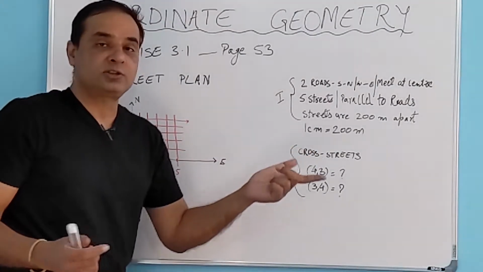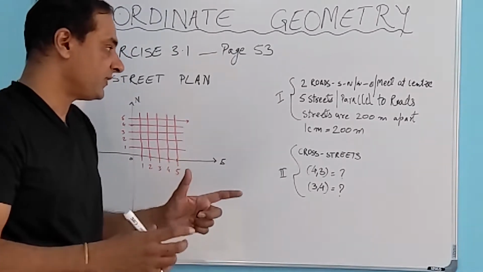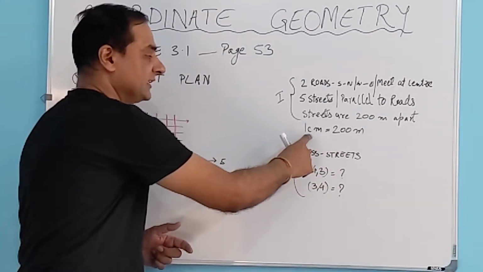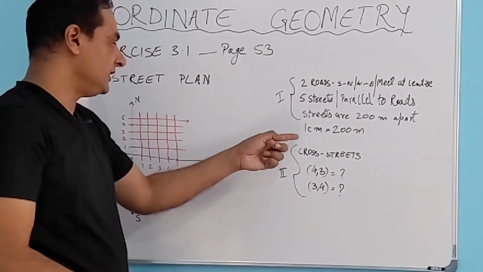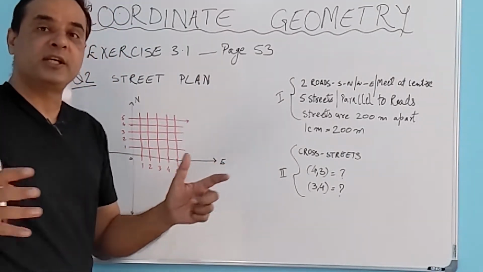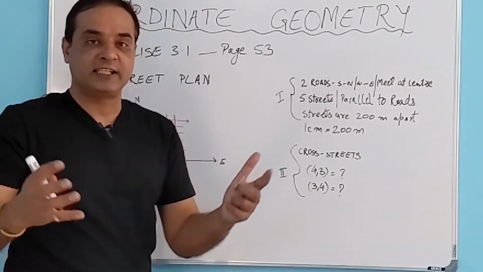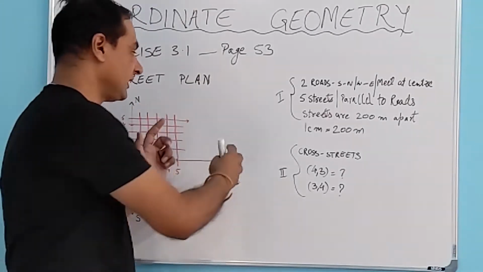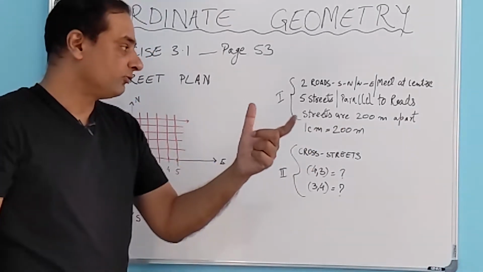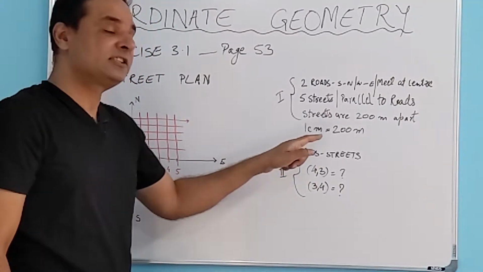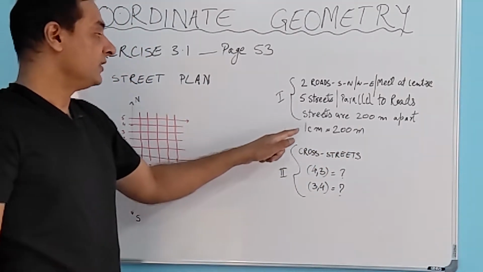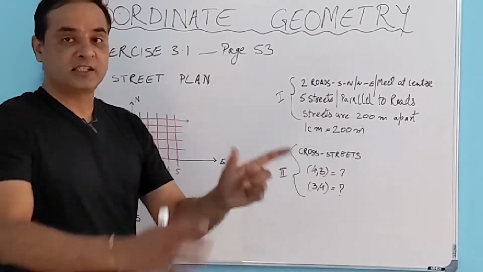Now also in the question it is given that on paper we can consider 200 meters as 1 centimeter. So usually when we draw bigger areas like societies or cities on a paper, of course on paper we do not have unlimited space, so we scale it down. So this is basically known as scale. 1 centimeter equals to 200 meter on the ground.